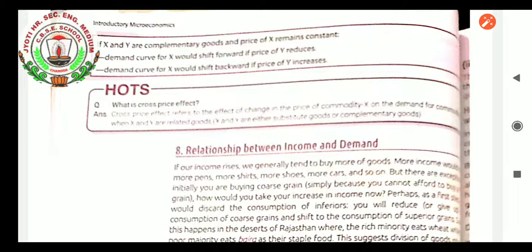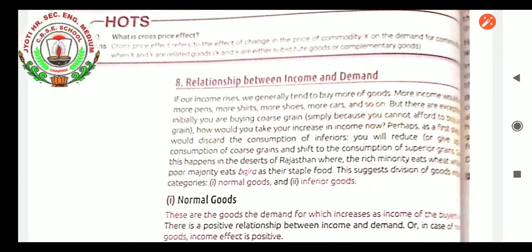Because coffee people, those who were consuming coffee, did not shift their demand to tea. Cross price effect, car and petrol also we have seen. Car cost is constant but people started purchasing more because petrol became cheaper for them. Petrol price has declined, so they decided that they will purchase the car. So car demand is increasing, though car price is not changing, it is constant.